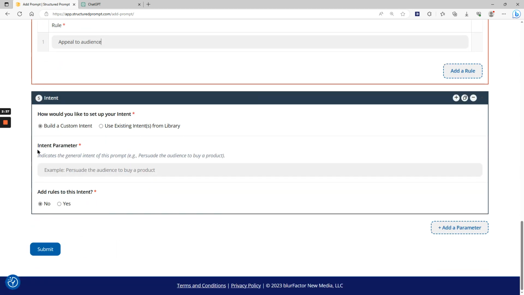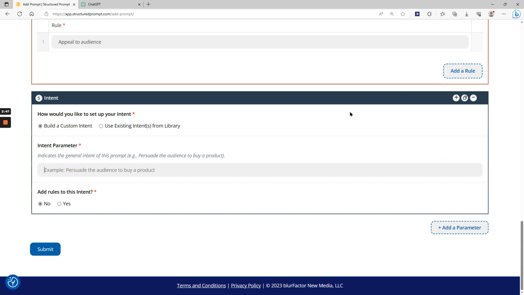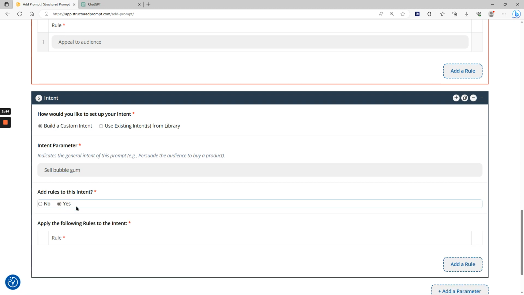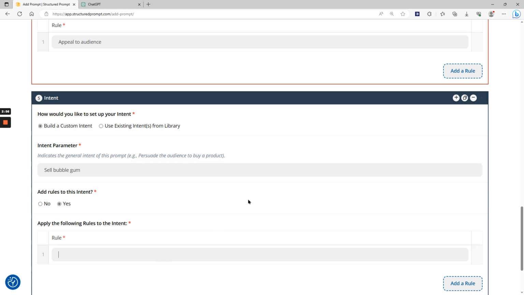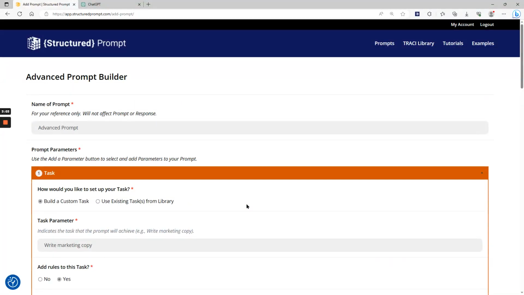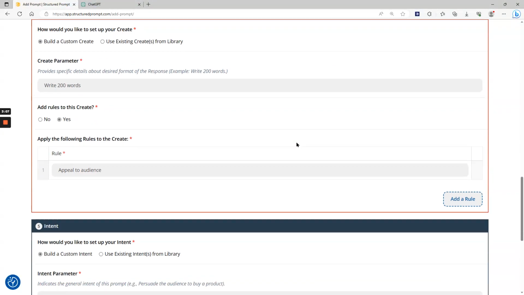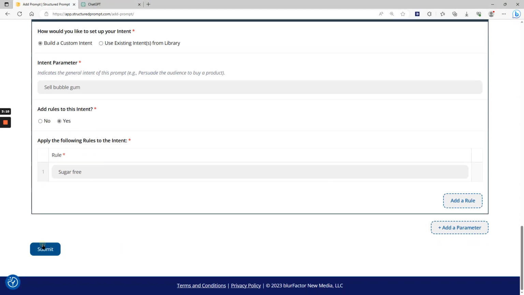And then intent. Same thing, we can build a custom intent. We can pull an intent from our library, which I don't think I have one in there right now, so I'll build something custom, and we'll just use sell bubblegum. The rules can be sugar-free, and that's fine. So there's a very simple structured prompt that we built from scratch using this builder. So if I submit that,